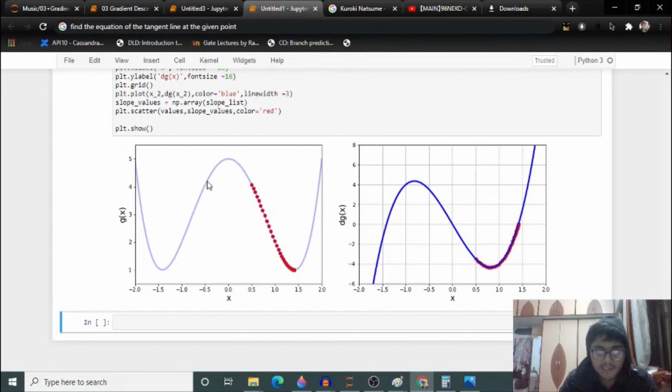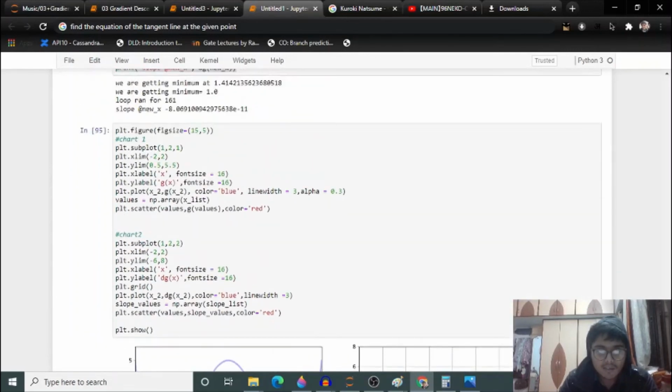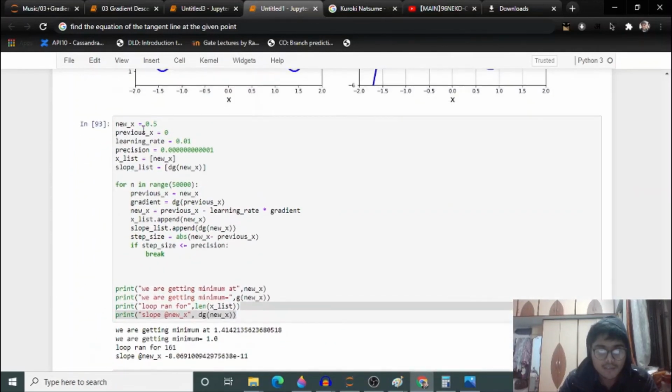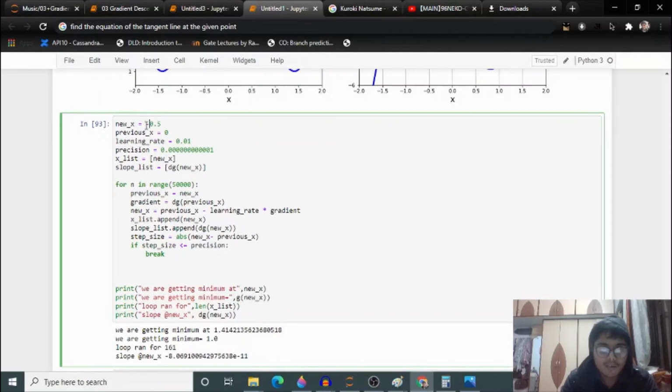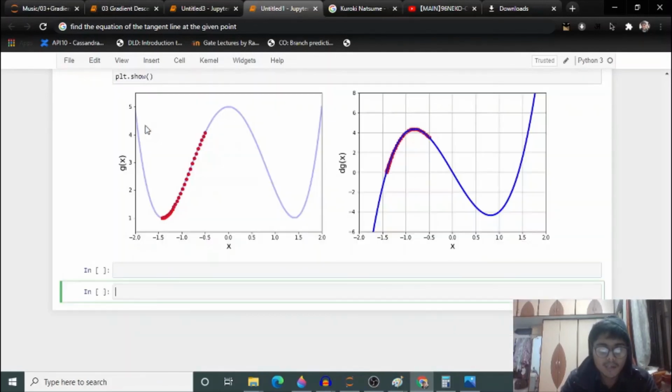So gradient descent will converge here, guys. So you can see that just by changing the values, guys, we are affecting this algorithm. Okay, so you can see now this started from here and it is coming from here, and also you can just check the values of slope. So from here we are coming here, guys.